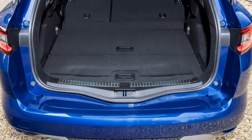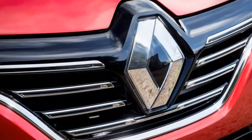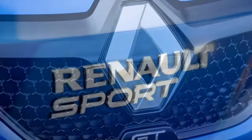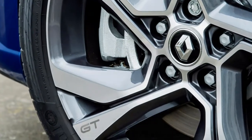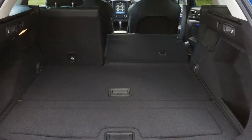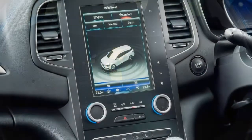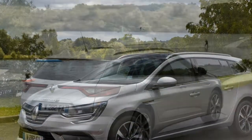Standard Renault Megane Sport Tourer equipment. The Megane Sport Tourer range starts with Expression Plus trim, but it's still generously equipped for the money. It includes 16-inch alloy wheels, LED daytime running lights, DAB radio, Bluetooth phone connectivity, aircon, cruise control, tire pressure monitoring, electric windows all round, step up to Dynamic Nav 4, automatic lights and wipers, rear parking sensors, digital speedometer, a 7.0-inch landscape touchscreen,